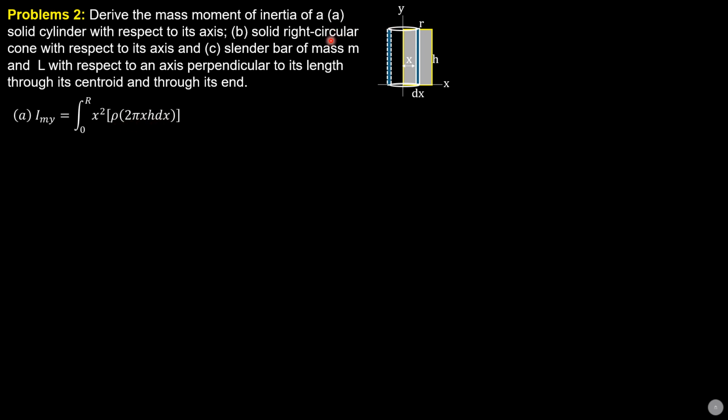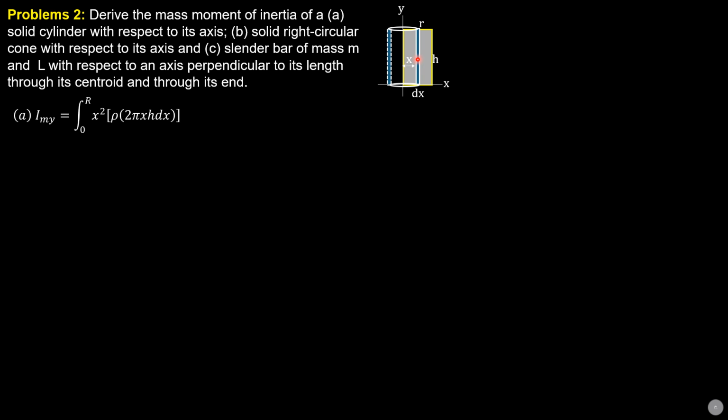Again, this looks like a rectangular plate. The length of the plate is the circumference, which is 2 pi x. Then the height is constant at h, the thickness is dx. So it's like length times height times thickness, the differential volume of a rectangular plate, which is actually the differential volume of this cylindrical disc. Or if you use Pappus theorem, the differential area is height times thickness, the area of the rectangular strip, h times dx, which is that.